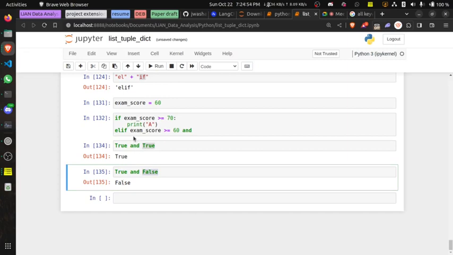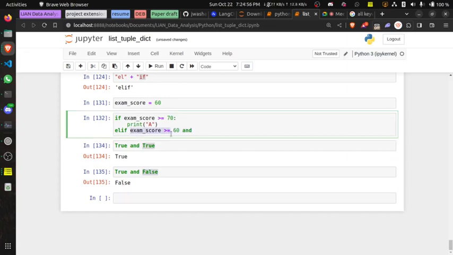So what we are trying to do here is, if exam score is greater than or equals to 60, and, wait, hold on, I think I'm confusing myself. If the exam score is greater than or equals to 60, or lesser than, oh sorry, I'm supposed to use or here.